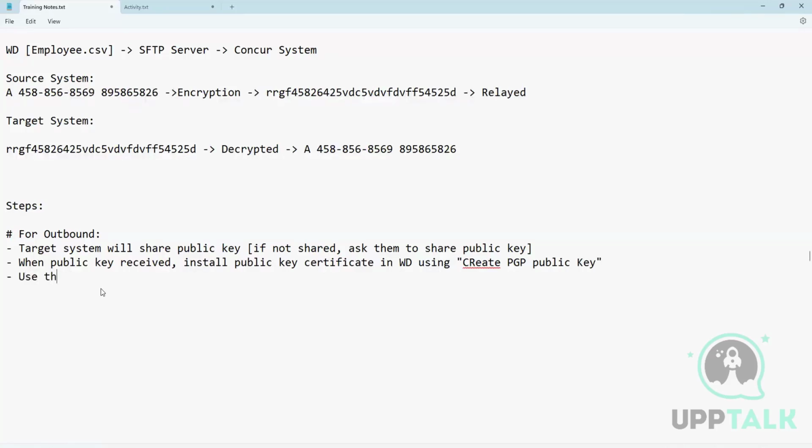Use the public key name in the delivery config to encrypt the files. Okay. And for inbound,